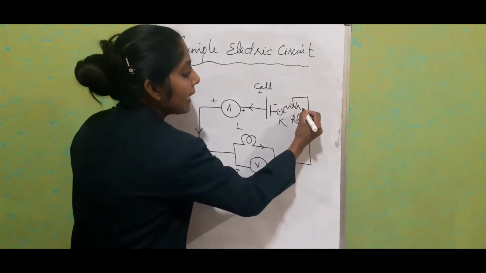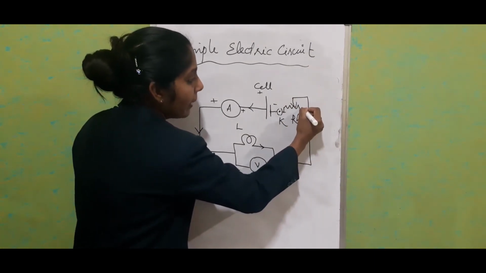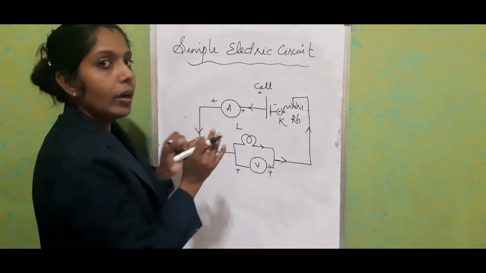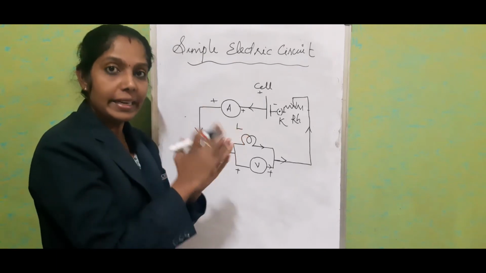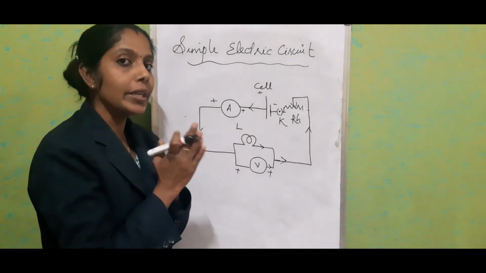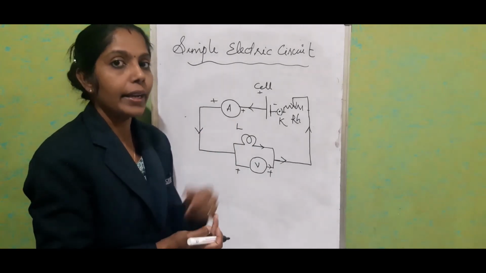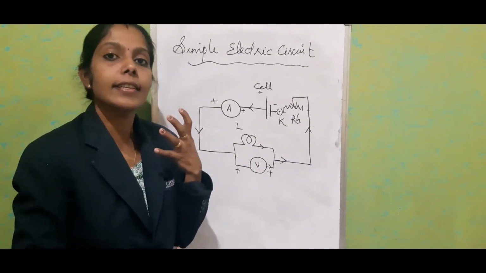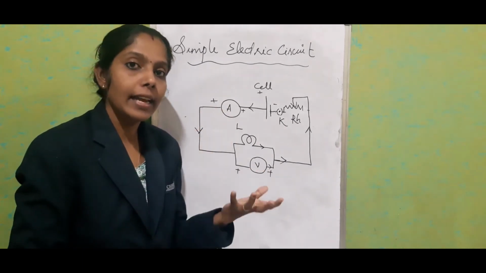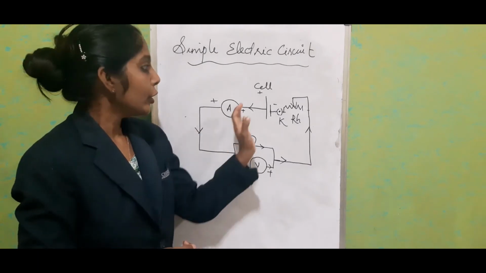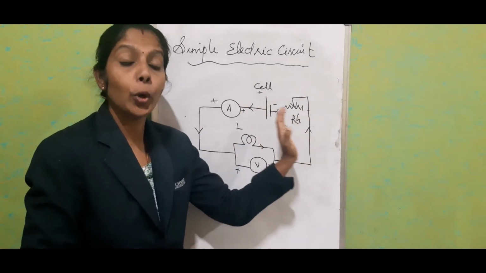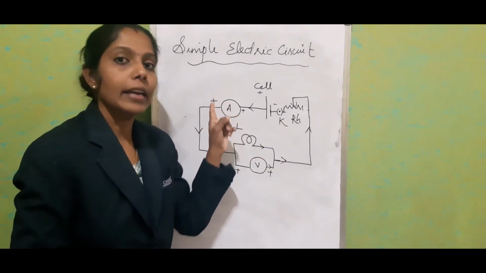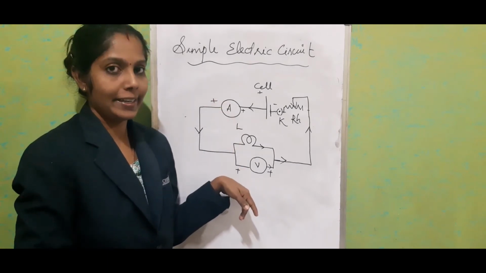If you move the jockey all the way to this edge, maximum resistance will be available in the circuit. So the current will show very little, or the current will decrease. In the same way the voltage also decreases and we will get a dim light. So if the resistance is less, we will get maximum voltage and current. If the resistance is more, we will get less current and less voltage. So by varying the rheostat jockey's position, we can find different measurements in the ammeter and the voltmeter.